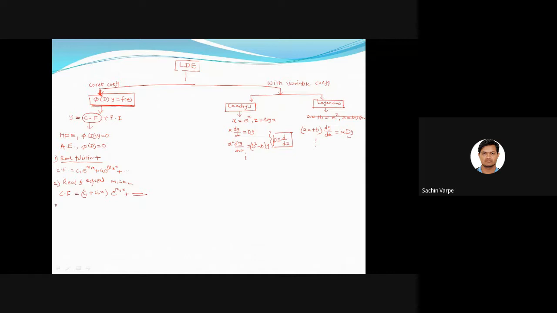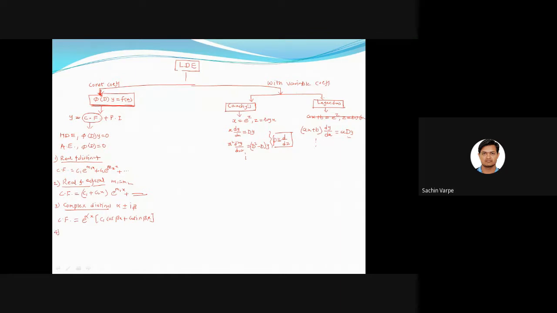If the roots are complex, just now we have seen the formula for complex distinct roots of the form alpha plus minus i beta. As complex numbers always come in pairs, there will be accordingly the arbitrary constants. So what is the complementary function? CF is equal to e to the power alpha x into (c1 cos beta x plus c2 sin beta x), where x is the independent variable. So this independent variable changes according to the given differential equation.